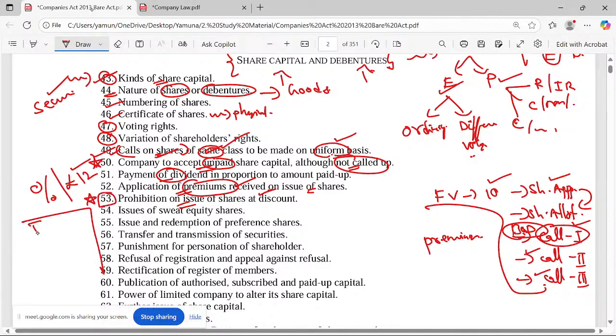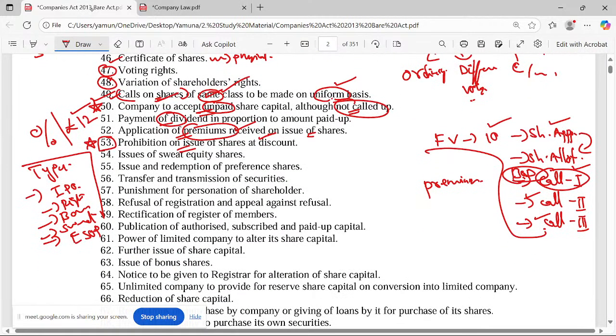When we go for types of shares, apart from this, I'm discussing the types of issue. One is directly you can go IPO. One is rights shares. One is bonus shares. One is sweat equity shares. One is ESOP. We have so many. Or we can say that GDRs are converted to shares, or consolidation of shares. We can go in many ways. So that's about Section 54, issue of sweat equity shares.